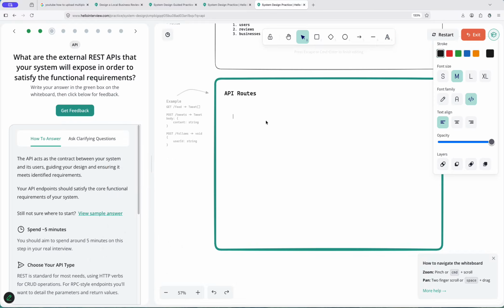Next, the API routes, which means what interface the system provides to users. First, when they want to be able to view search businesses,